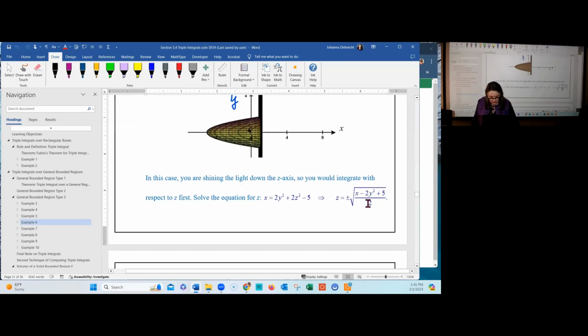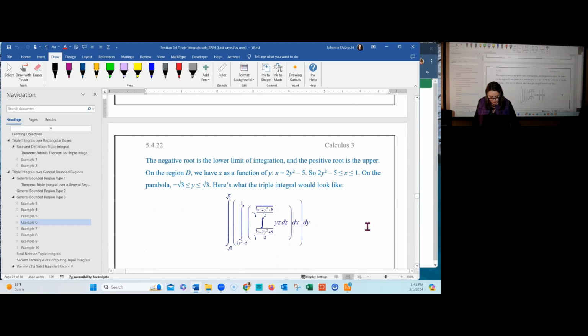When we're looking at this, however, remember that we're going to integrate with respect to z from this lower value to this upper value. Then, after we're done with that, we need that two-dimensional projection into the xy plane. That two-dimensional projection is characterized by x equals 2y squared minus 5. So x goes between 2y squared minus 5, the paraboloid on the low end of x, to positive 1 as